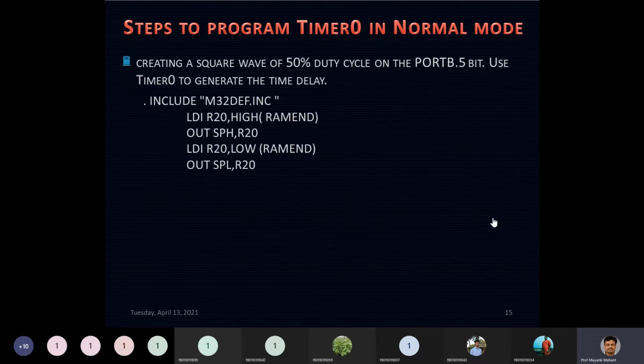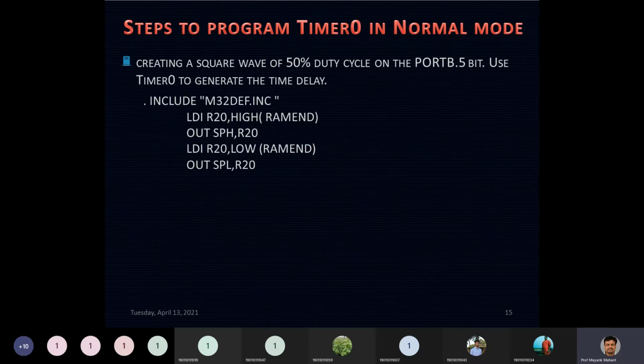In short, OUT SPH is an instruction for a microcontroller, but this include is not an instruction for a microcontroller; it is an instruction for an assembler. So assembler directives are nothing but instructions to an assembler, and they need to be taken care of by your assemblers. If I am using a different family member of AVR microcontrollers, I will not know the highest value of RAMEND.